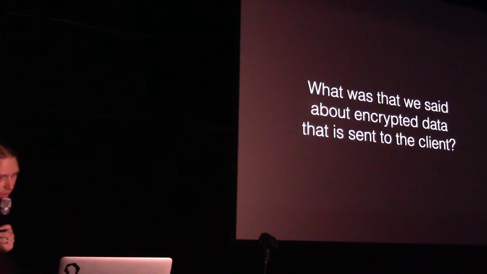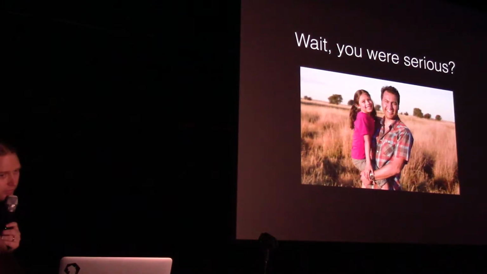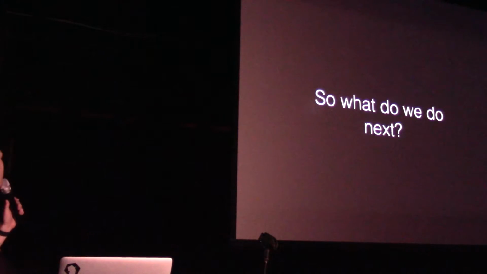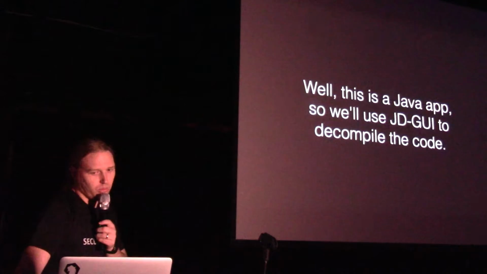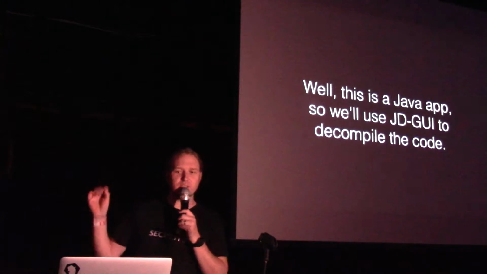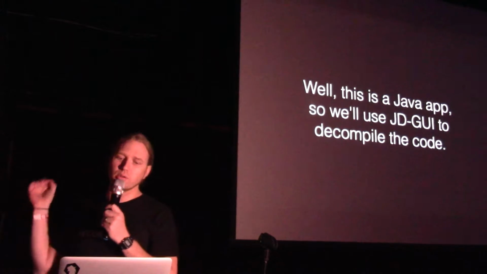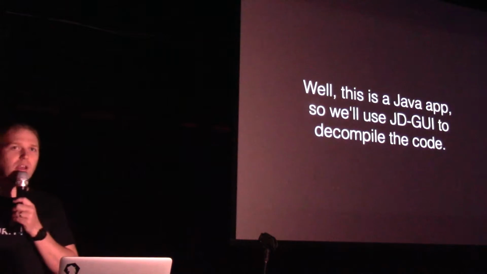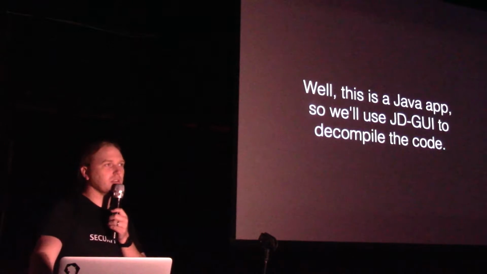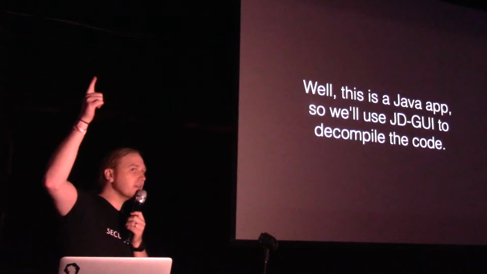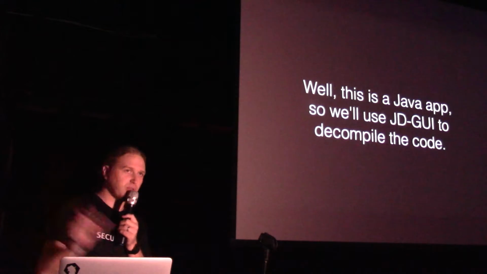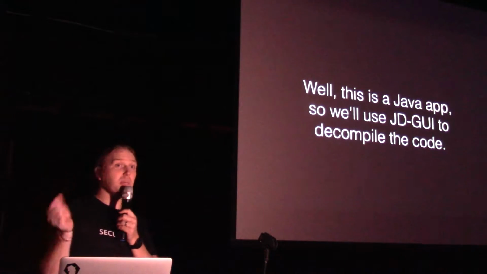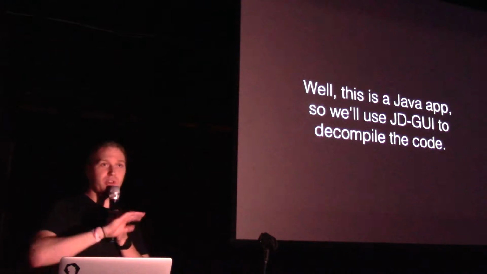So, yeah, we covered that. We were serious. So the next point is, what did we do with the first app? Well, we're talking about a Java app in this case, so instead of ILSpy, we're going to use JD GUI and decompile the code. Because, by the way, if you're using .NET or Java, your app is completely decompilable. I can see absolutely every call that it makes. And by the way, change the code and recompile it with no problems whatsoever.